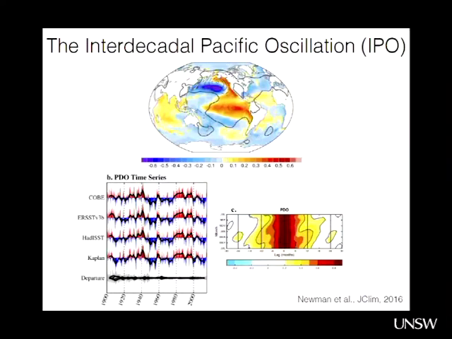If you look at the time series, this is from 4 different data sets. You see that it is a lot lower frequency than ENSO. So ENSO was like every sort of 2 to 7 years. This is a much more decadal signal. And you can also see that in the lag. This is a lag